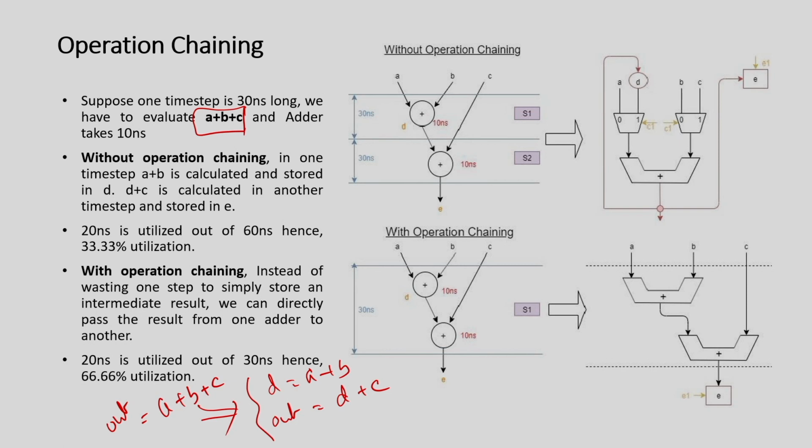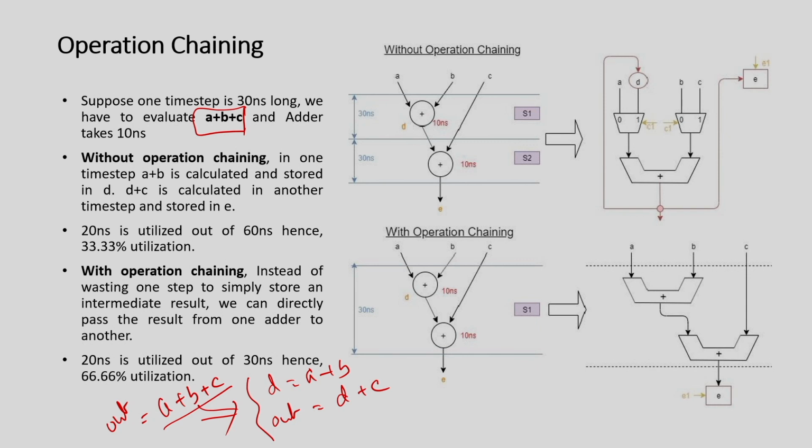I have argued earlier that I am going to do this because I want to schedule each individual operation. If you try to schedule everything together, my delay will be more. But since this is path based scheduling, my objective is to schedule everything in the minimum number of timestamps. So here, if my timing permits, I am going to do A plus B plus C in one clock, which means I have to chain two adders.